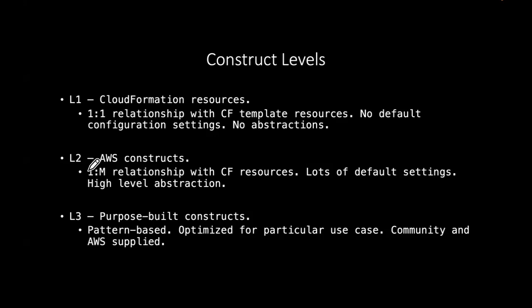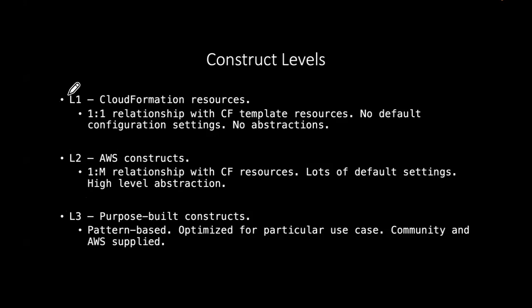And that's one of the benefits really of using this third generation, that a small bit of code can result in the creation of a number of infrastructure resources or CloudFormation resources. L3 constructs usually implement what are called patterns, infrastructure patterns. So again, there's a one-to-many relationship, but we won't be using any L3 constructs.